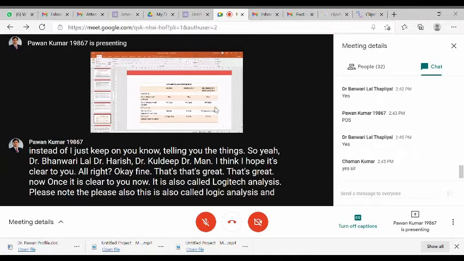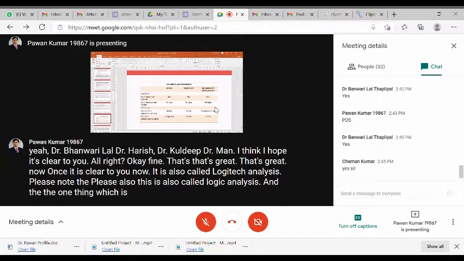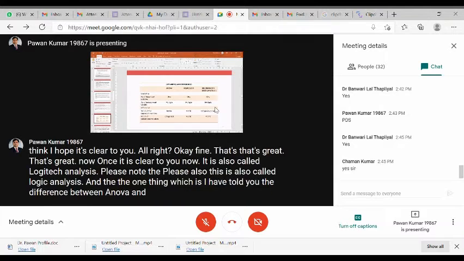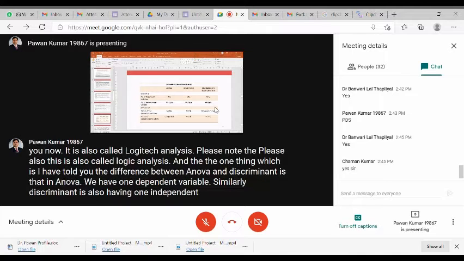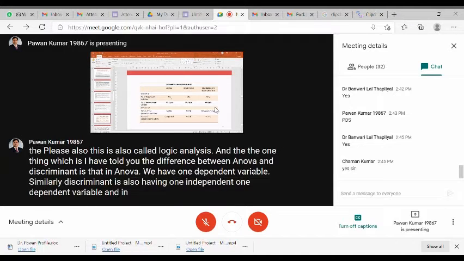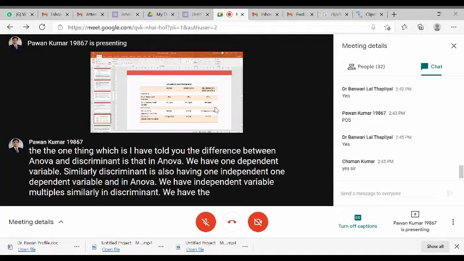The one thing I have told you about the difference between ANOVA and discriminant analysis is that in ANOVA we have one dependent variable. Similarly, discriminant is also having one dependent variable. And in ANOVA we have multiple independent variables. Similarly, in discriminant we have multiple independent variables.